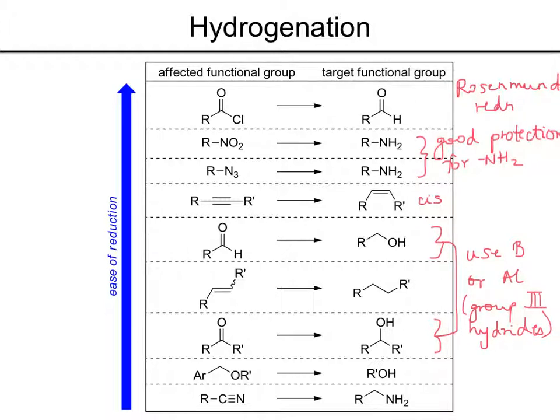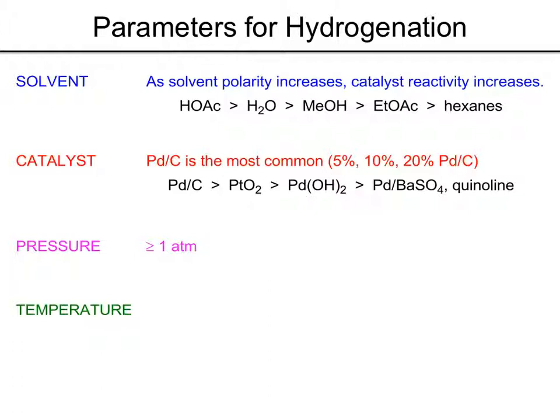We can also do hydrogenolysis, so we can remove a benzyl group, for instance, to reveal the alcohol. And we can also reduce a nitrile and get a primary amine. When we're planning a hydrogenation reaction, we have some things to take into account: solvent, catalyst, pressure, and temperature. When we think about the solvent, as solvent polarity increases, the catalyst reactivity increases. So a catalyst will be more reactive in a more polar solvent like acetic acid or water than in methanol, and that's going to be more reactive than in ethyl acetate and definitely more reactive than in something nonpolar like